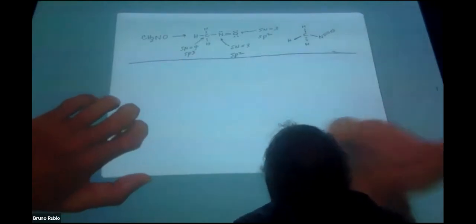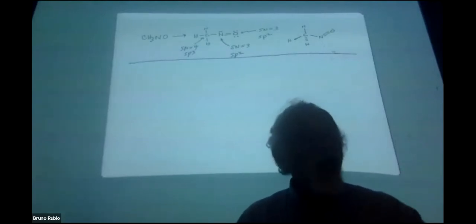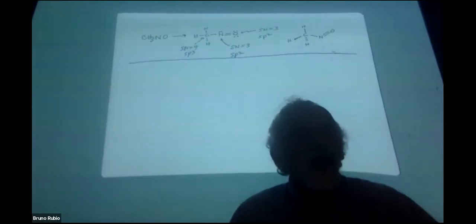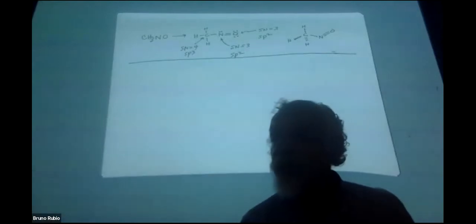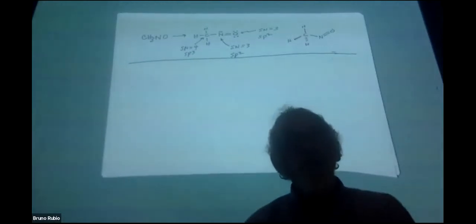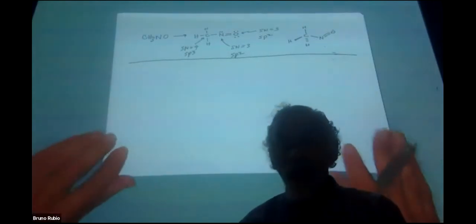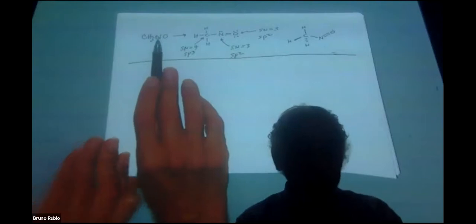I'm not going to do that because drawing unshared pairs of electrons is totally optional, and I'm just choosing not to do it. Okay, so that would be the dash and wedge picture of that molecule, and it is supposed to convey a nice 3-dimensional flavor to the structure, which this CH3NO